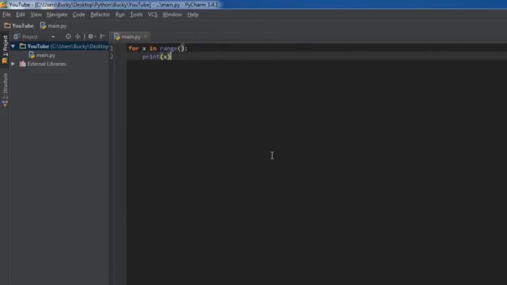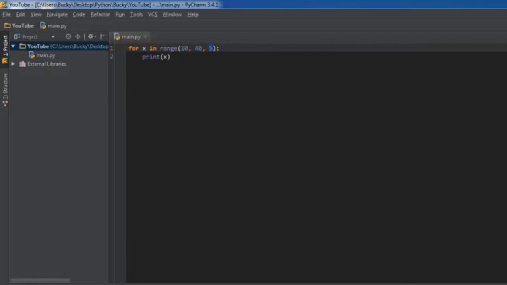is what happens when we do this with three numbers. You might be thinking beginning, middle, end. Well, not exactly. The first one is what number do you want to start at. The second one is where you want to end at, and the third one is your increment. So this means count from 10 to 40, but do it in steps of 5. So 10, 15, 20, and so on and so forth. So pretty freaking sweet. So again, if you ever want to specify by how much